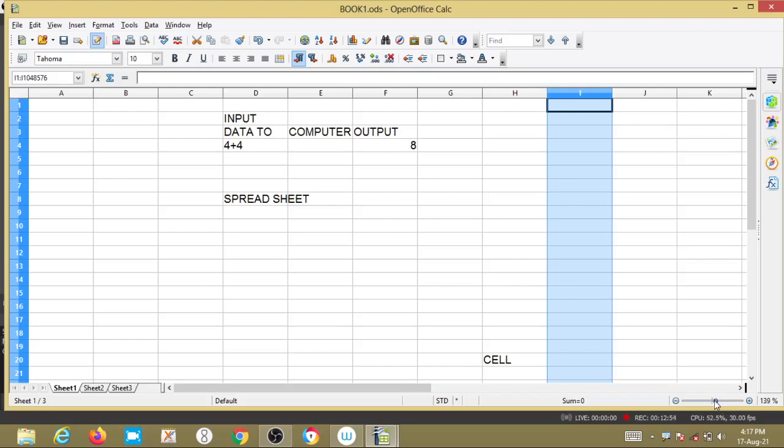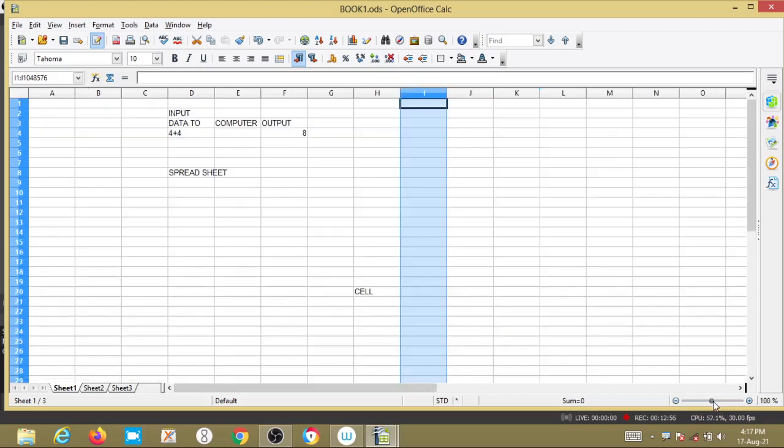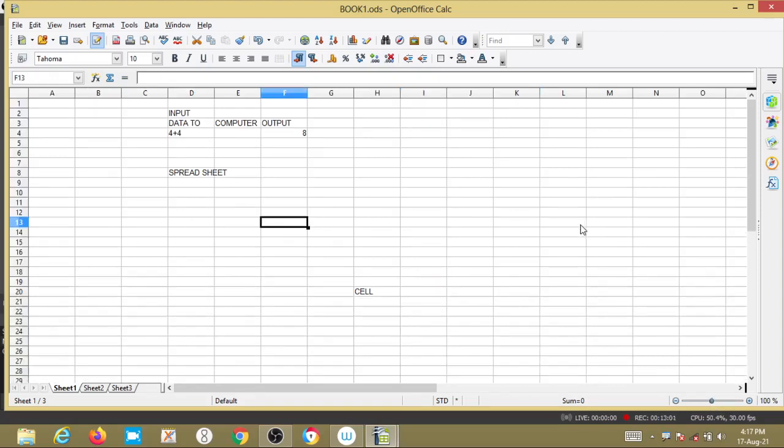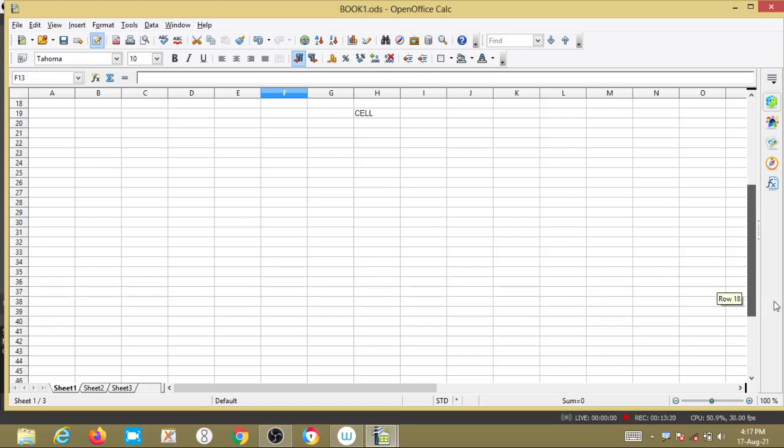So the columns are used from A to Z, and rows from 1 to 10,48,576.